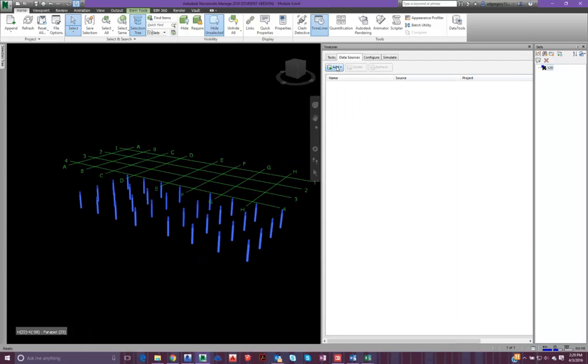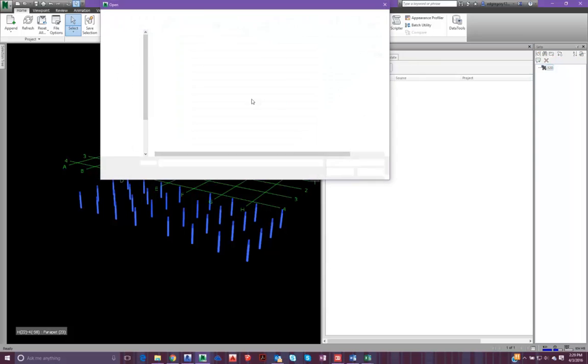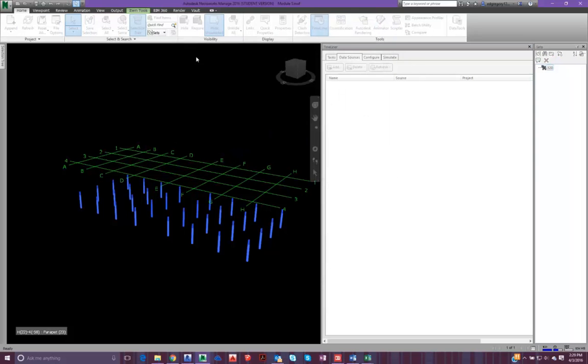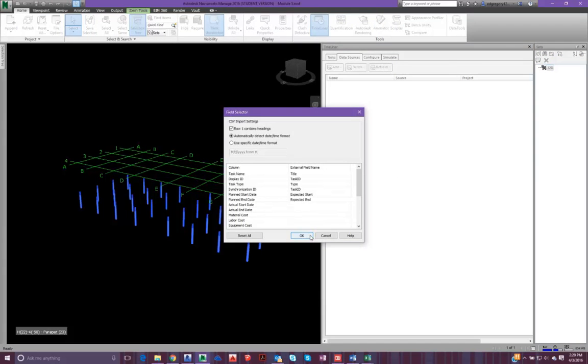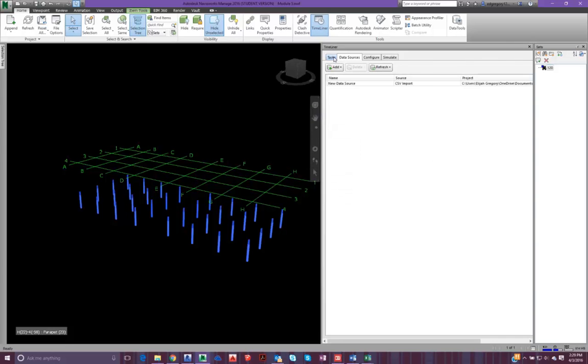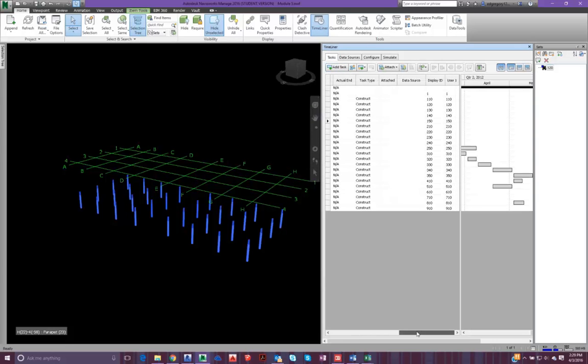We go to the Timeliner. We'll go to Add, CSV Import, and we'll go to First Schedule, and keep everything the same. Hit OK, and then go to Tasks. And if you look here to Attached, we could go through and we could just attach this search set. But if you had numerous search sets, say 110 through 910 down here, it'd be a little tedious to just go here to attach and then attach the current selection. So instead of doing that,